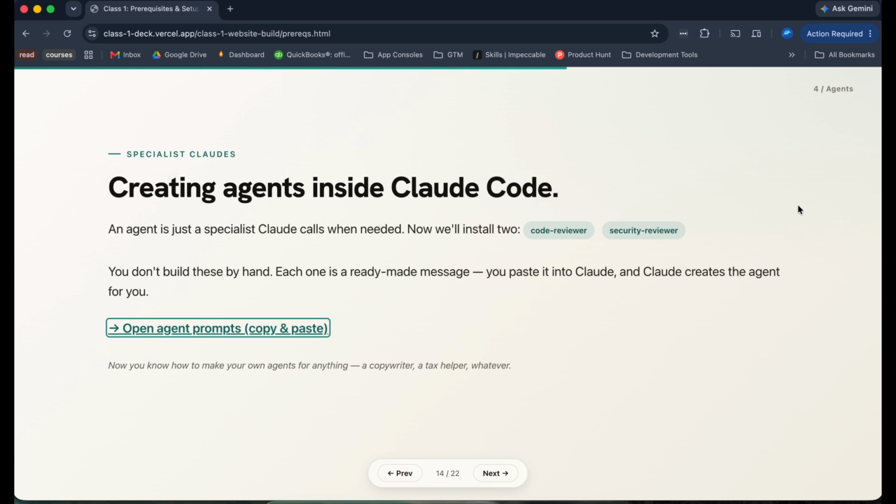Security reviewer looks at the cybersecurity of whatever you just built. So sometimes you'll code and there'll be security vulnerabilities. So the reviewer agent will go through and make sure that those vulnerabilities are either fixed or flag things that you have to do over on top and make a decision about.